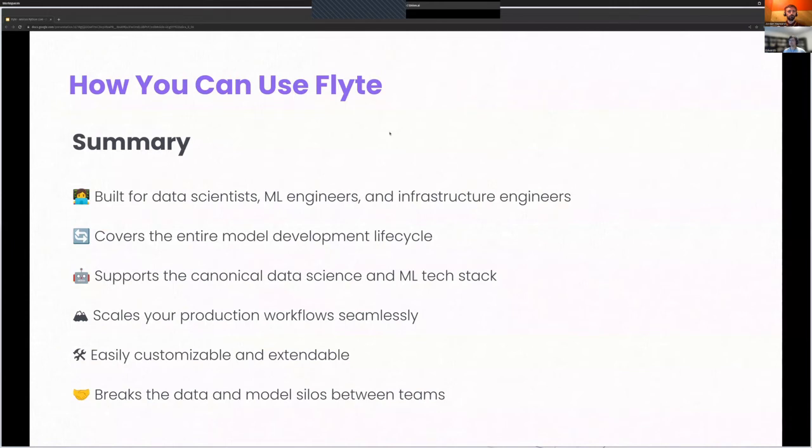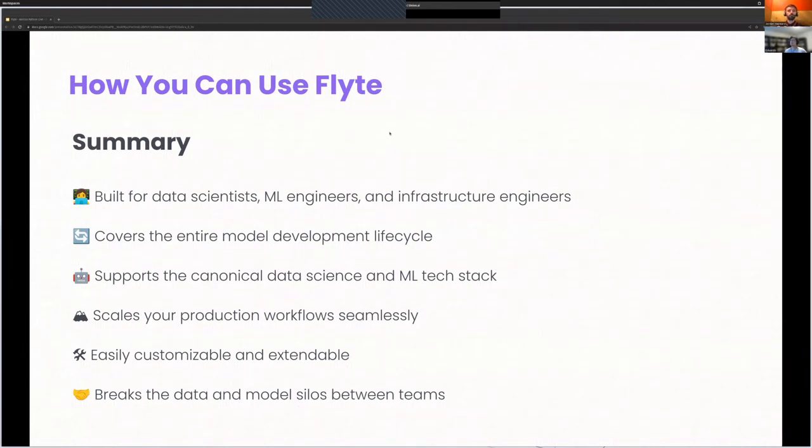Quick summary of what we spoke today. Flyte is targeted at the data scientist who just wants to crank models, but at the same time wants the guarantees that you can track experiments, you can iterate as fast as you can, and you won't miss data along the process. It covers the entire model development lifecycle. As I said, you don't want to cache the computation or miss the results of some experiment. So